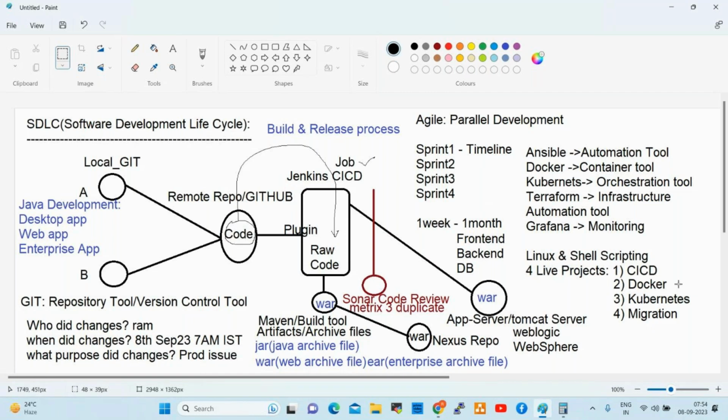Clear? Any questions up to here, anyone? So, the definition of migration. Migration is nothing but simply you can say migrate the data from one region to other region, or one zone to other zone, or one cloud platform to other cloud platform, or else on-premises to cloud. On-premises means local data center. That we will see in live. Clear, everyone? Any questions, anyone?